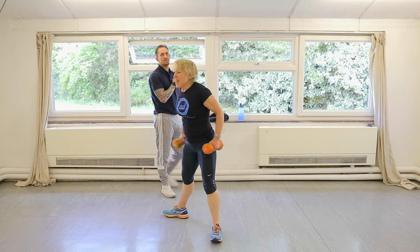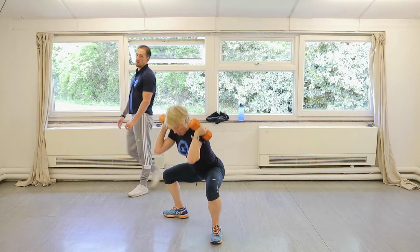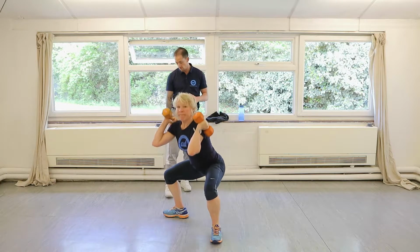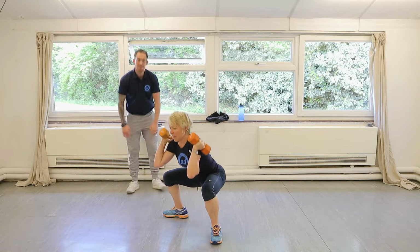Feet out. Control down. Squeeze up. Go again. Let's go again. So you're hitting a lot of muscles in your lower body just by using these 4. Okay, you're hitting your quads, your glutes, your hamstrings, your calves are getting a little bit of work. In the lunges, your